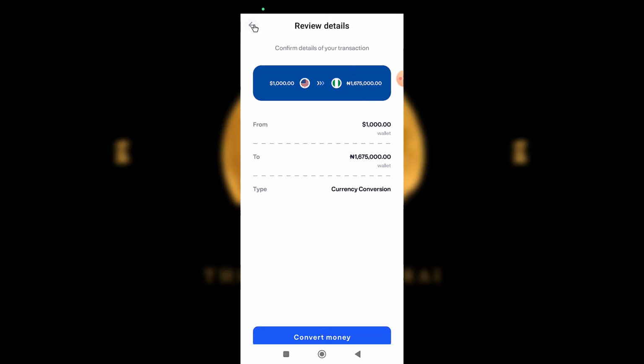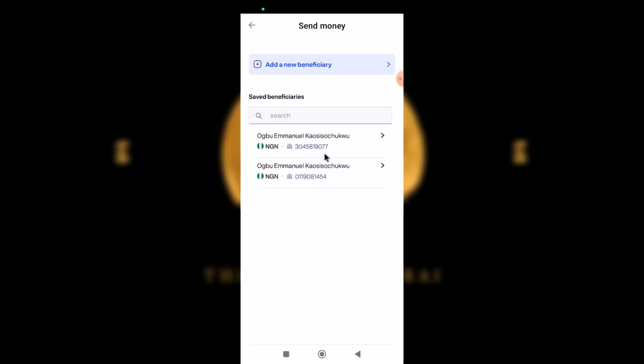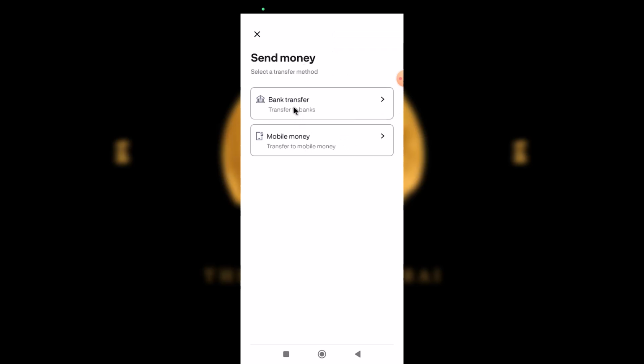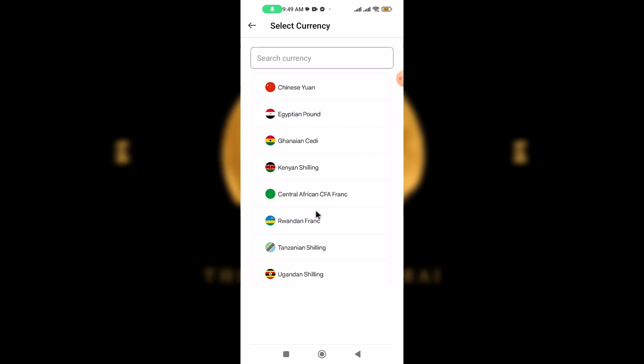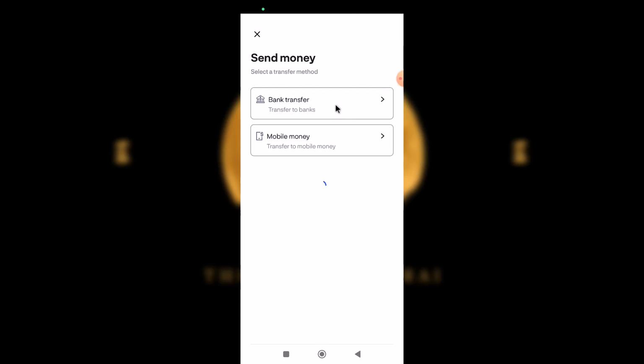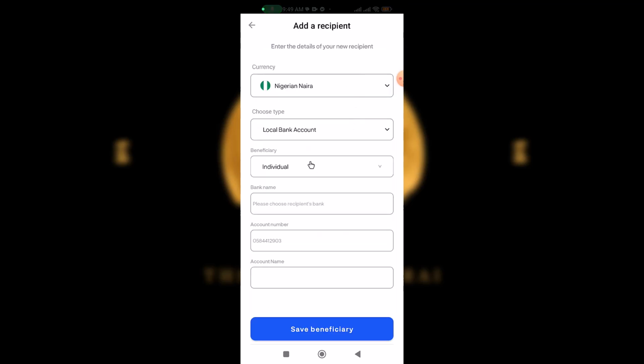So let's talk about how to actually withdraw your money. All right, let's say you receive dollar and you want to withdraw it to Naira. So after swapping it, how do you send it to your Nigerian bank account so that you can withdraw it? All you have to do is come here, click on send money, and then you can add a new bank. You can transfer through bank account or through mobile money. If you want to use mobile money, you can select the currency. They have different currency here, but we are not interested in that now. We can just come here, click on bank transfer, and then we can select the currency. It's going to be Nigerian Naira, and then you can select the bank and put all the bank information,